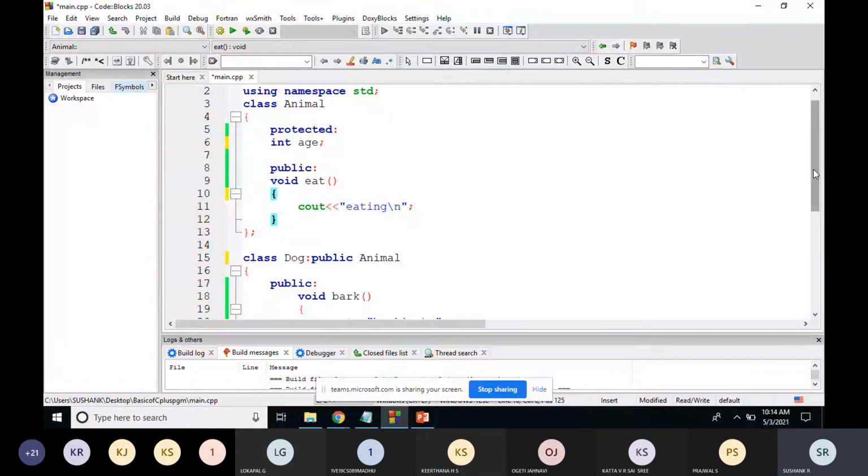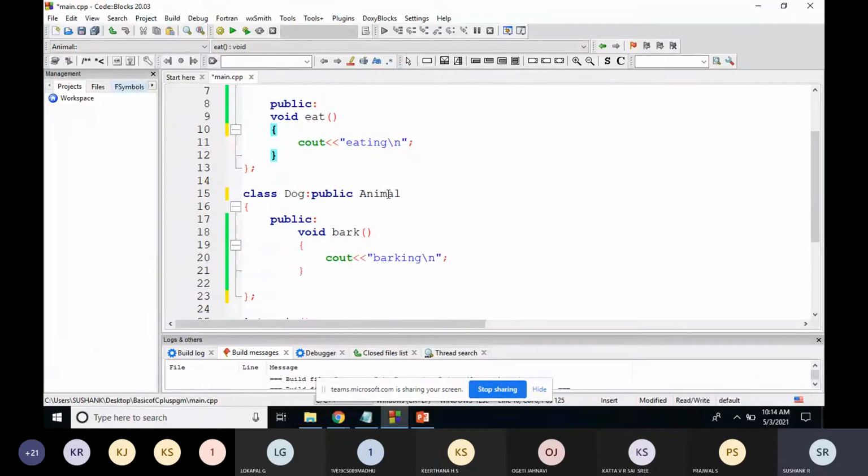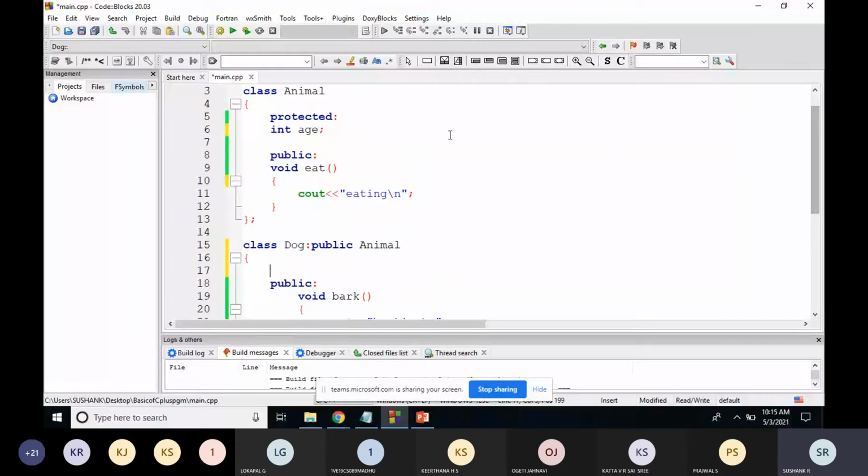Here the dog is the derived class which is inheriting the features of the animal class. So the variable age can be accessed within its own class, animal, and the derived class called dog.